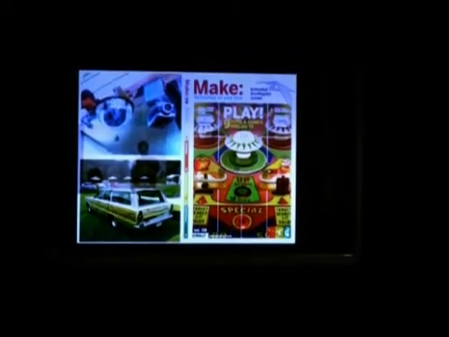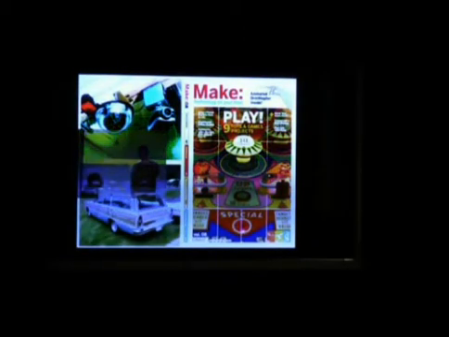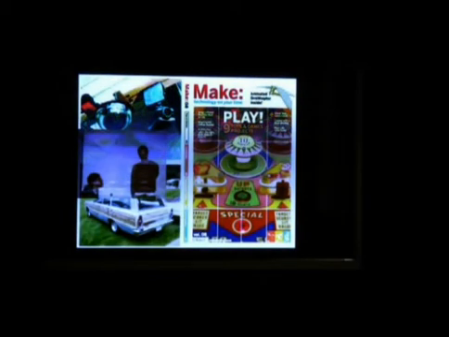So that was one thing. I was going to have people call out words, and I was going to throw them in there and see what things come up. And the other thing I was going to do is